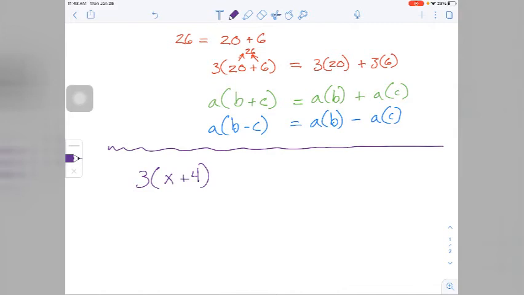And when you see 3 times x plus 4, what it means is that you're going to do 3 times the x plus 3 times the 4. And so I know that 3 times 4 is 12, and I know that 3 times x is 3x. So whenever I see a number like 3 times x plus 4,